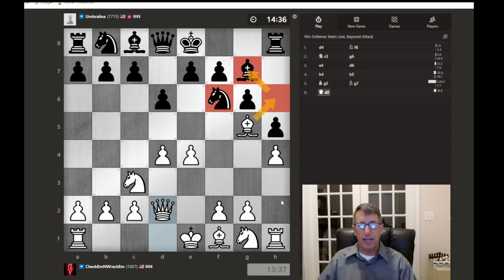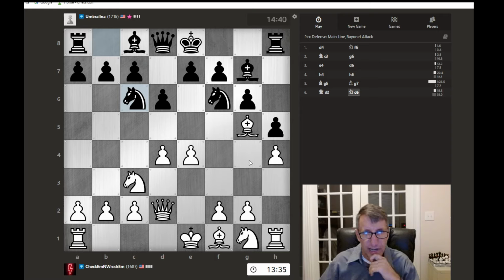Now we might want to watch out that he can't throw his knight forward. All right, so should I have maybe pushed this pawn earlier? If he captures, I capture. No, that doesn't work. Do I just